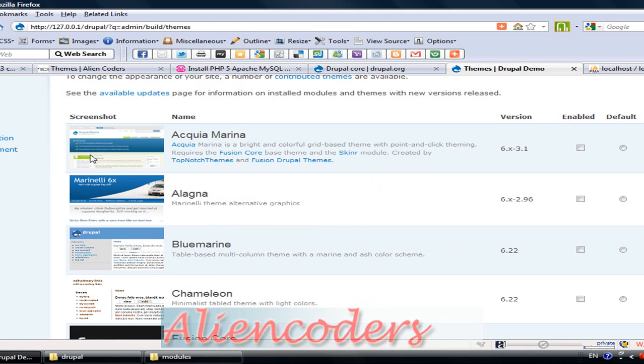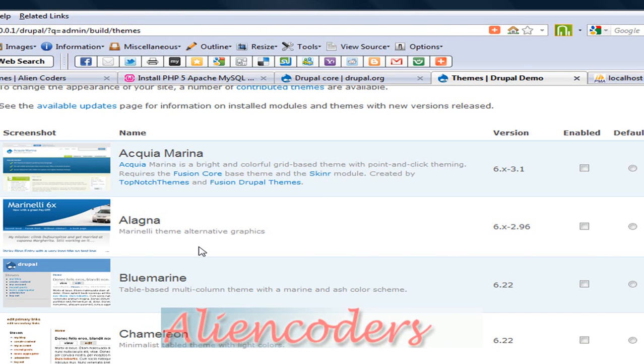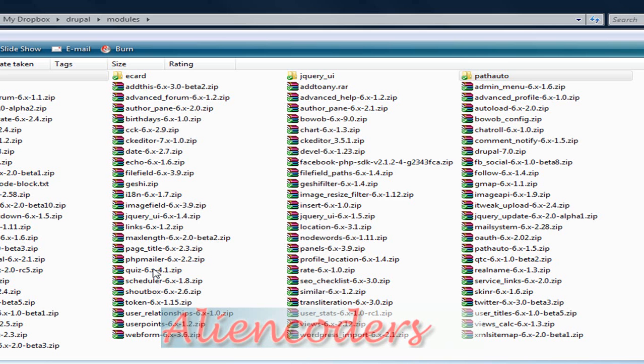So you can see Aqua Marina theme, and this requires the Fusion Core base theme and the Skinr module. So you need the Skinr module too. So there will be a particular module called Skinr. You need to download it, or you can come here. You can see I have already these things. So just Skinr. You just need to extract here, and after that